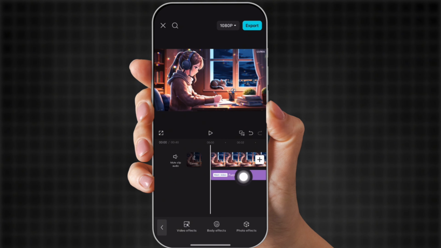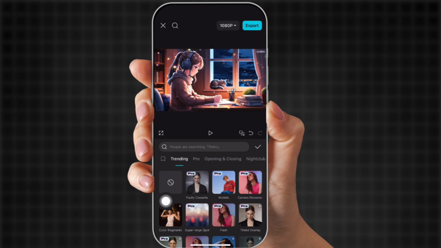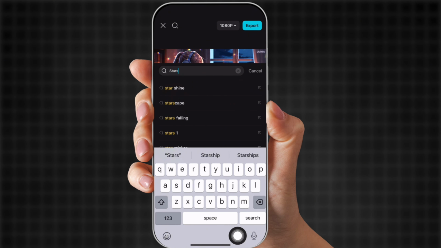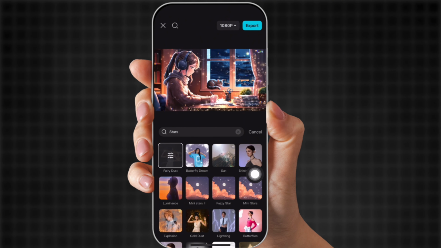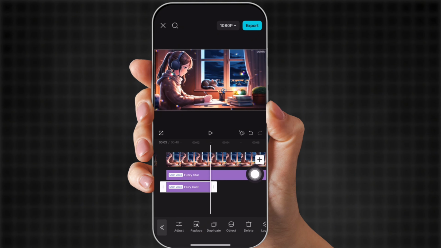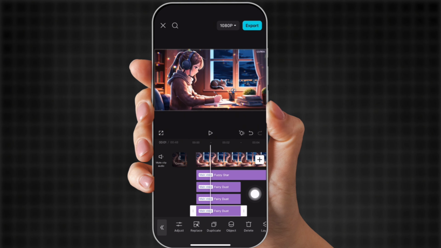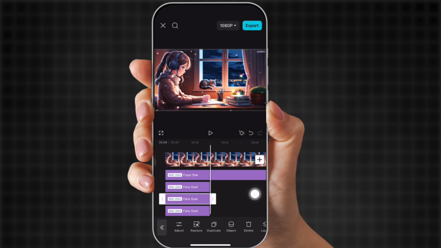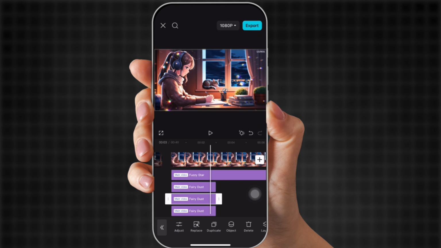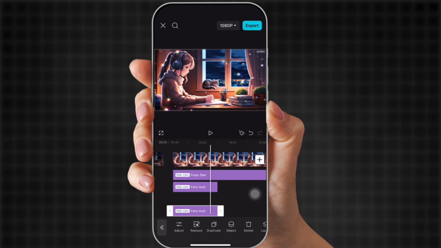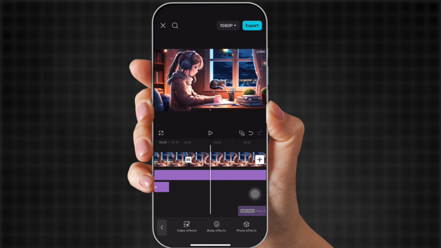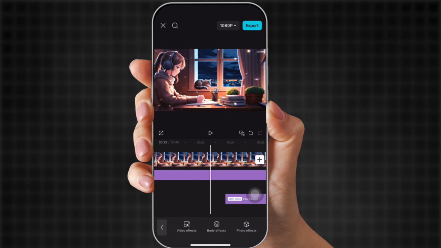So then we're gonna come to video effects again and we're gonna put in stars again. And I really like the little fairy dust. See that? Oh, cute. Okay, we're gonna click it and then we're gonna duplicate it twice or as many times as you wanna put it in your video. And then we're gonna click the second one and we're gonna drag it through the video so it's not going all through the video, but just in certain parts. So we're gonna drag the third one all the way to the end, right here,